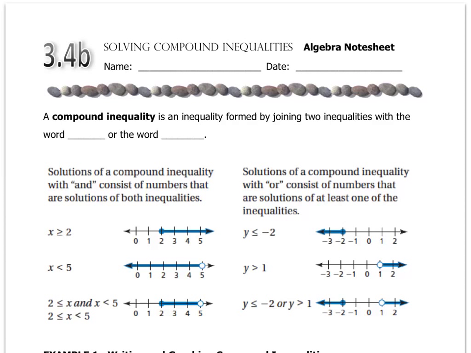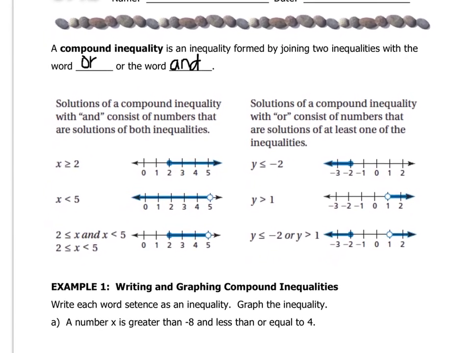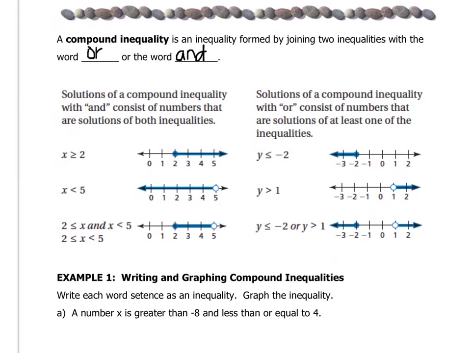Compound inequalities are inequalities that have two inequalities in them, which is why they're compound. And the words that you see in a compound inequality are "or" or the word "and." And you will typically see one of those two words. You may not see one of those two words, and I'll show you an example where you wouldn't. But a compound inequality is when you take two separate inequalities and you put them together, either using the word "and" or "or." "And" can be written like this because you're joining the two things together, and "or" is going to